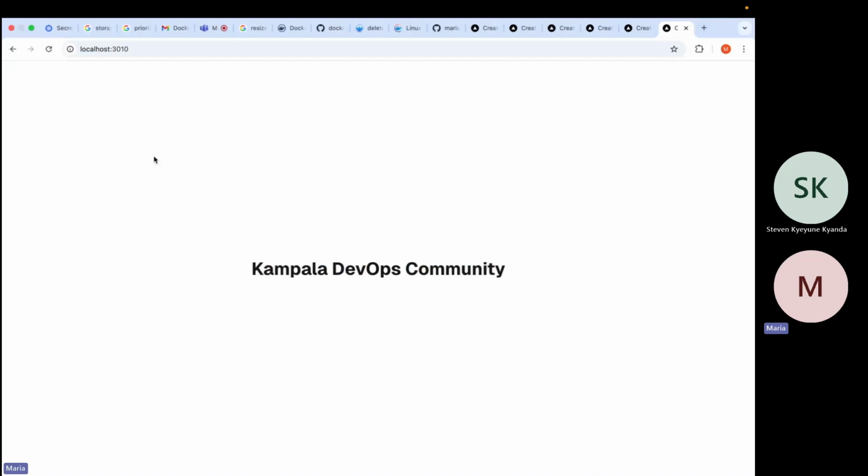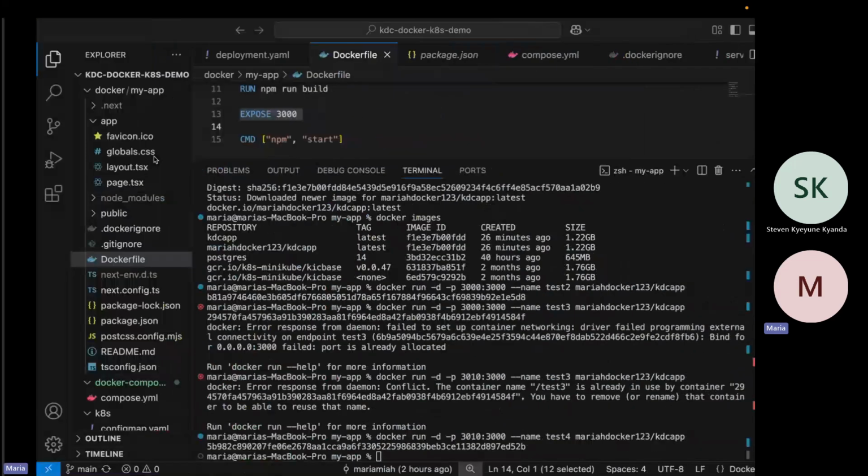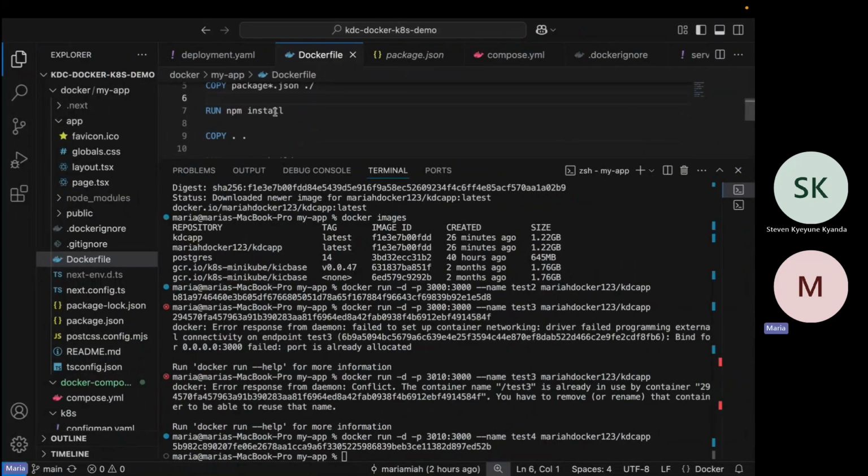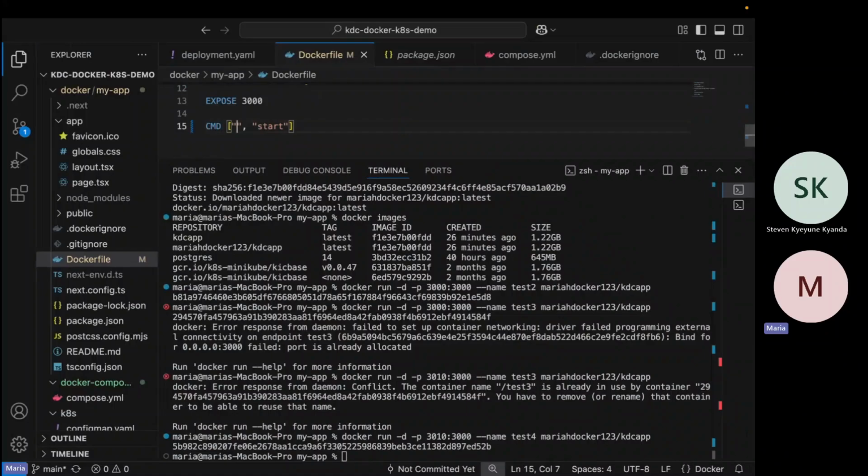Any other question regarding that? Unless you use something like Nodemon that detects changes and then restarts the server, you could do that. You could write a Dockerfile and try to install Nodemon. You could add a step here, for example npm install -g nodemon, then you start this server with the nodemon command. That's an option.